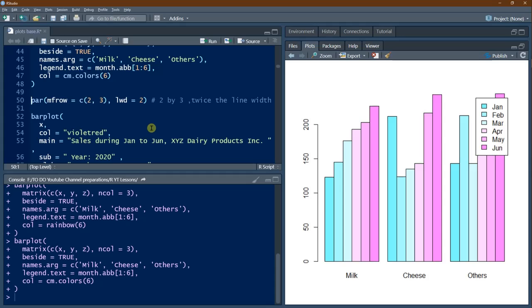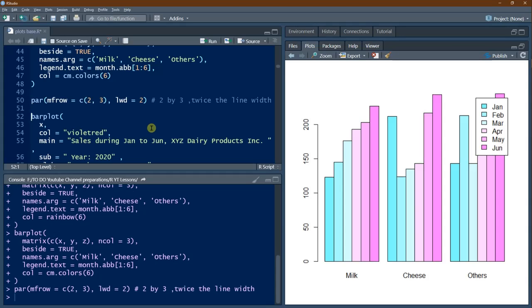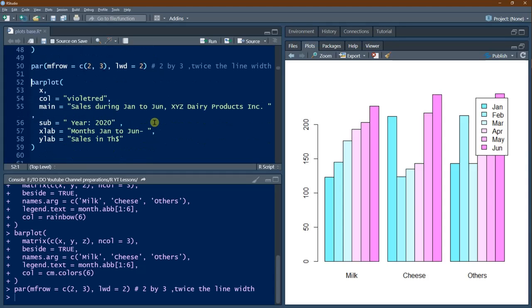Also, line width I am saying 2. When I say line width is 2, it means the width of the line, whatever standard width is there, is to be made twice. The line should be thicker. Okay. Now we will draw the bar plot of x only, and color, we will give a color name this time,